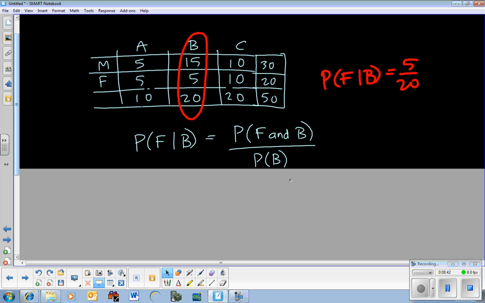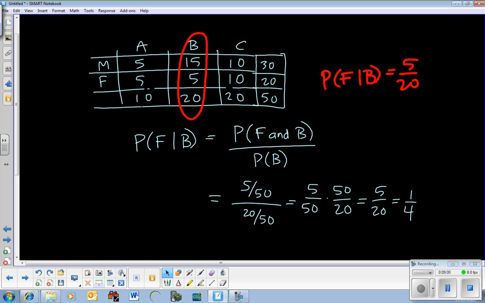All right, so female and B. Now that's not a given, so that's 5 out of 50. 5 out of 50 people are both female and B. And the probability of B is 20 out of 50. Those numbers we can just get from the table. If you put those together in the formula, here's what you get: 5 out of 50 on top, 20 out of 50 on the bottom. Dividing by 20 out of 50 is the same as multiplying by 50 over 20. And we cancel, and we see 5 out of 20, which we already knew to be the answer anyway,